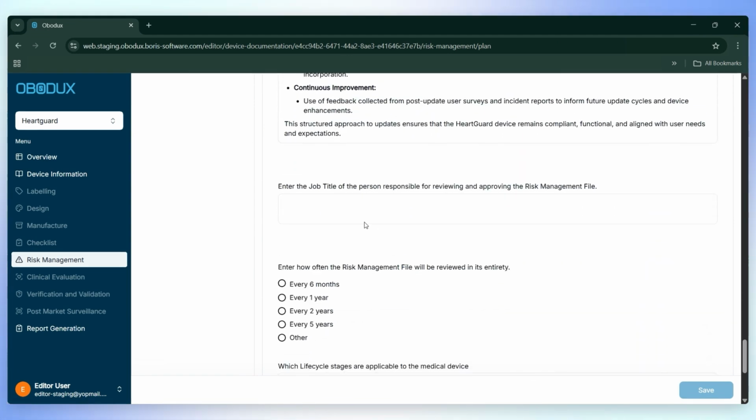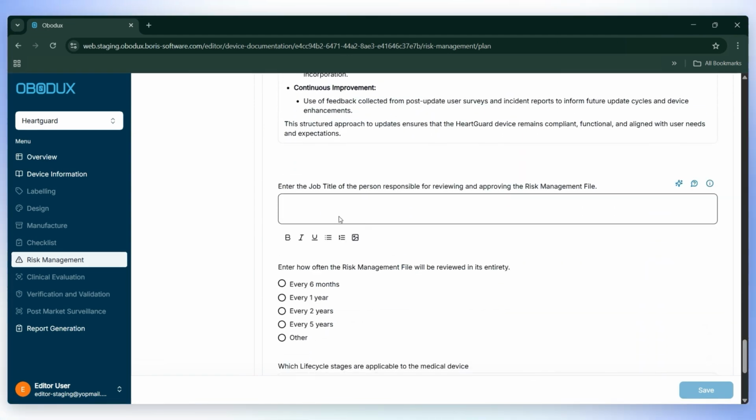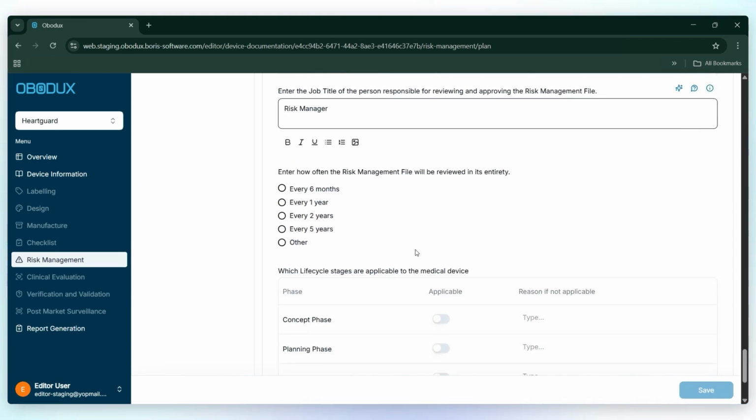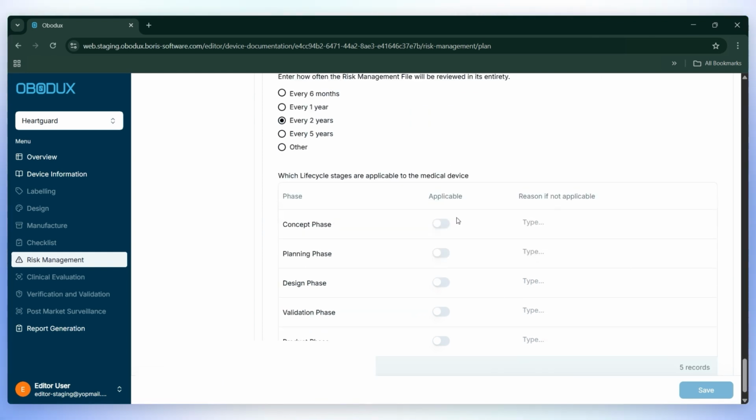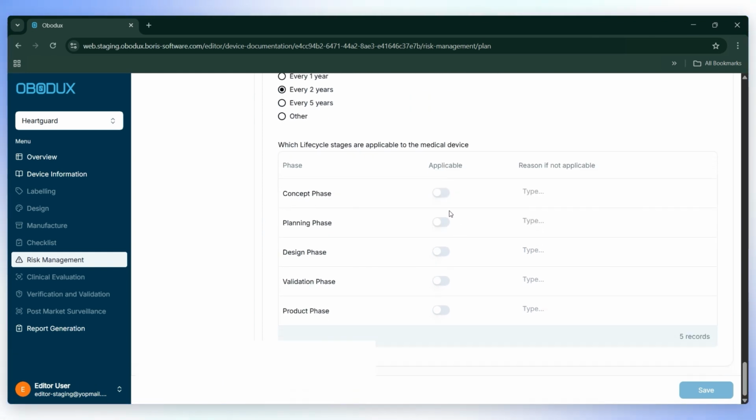Next, assign a title to the person responsible for reviewing and approving the plan, for example, the risk manager, and specify the review frequency, such as every 2 years. Finally, select which lifecycle stages are applicable to the medical device. Common stages include concept, planning, design, validation, and product phase, but these can be customized as needed. If a stage is not applicable, you can provide a reason. Once everything is